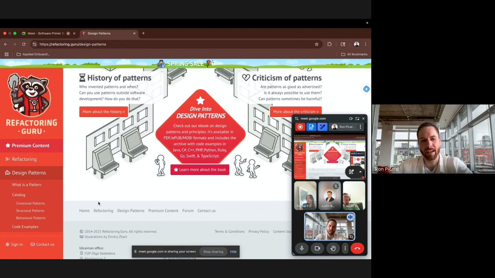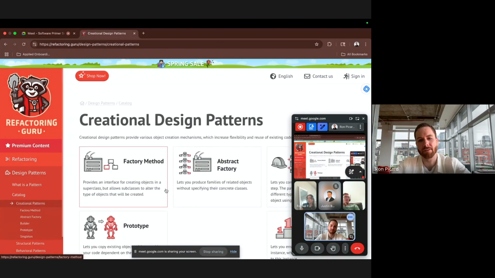Structural patterns are like, I need some way to categorize the structure of something, to capture the structure of something. And then behavioral patterns are, I need to handle something in some particular behavioral way. And so we'll talk about those. I want to start with creational because they're kind of the most